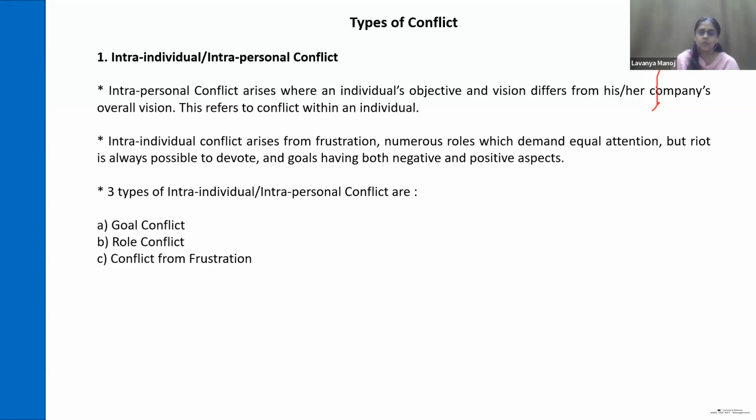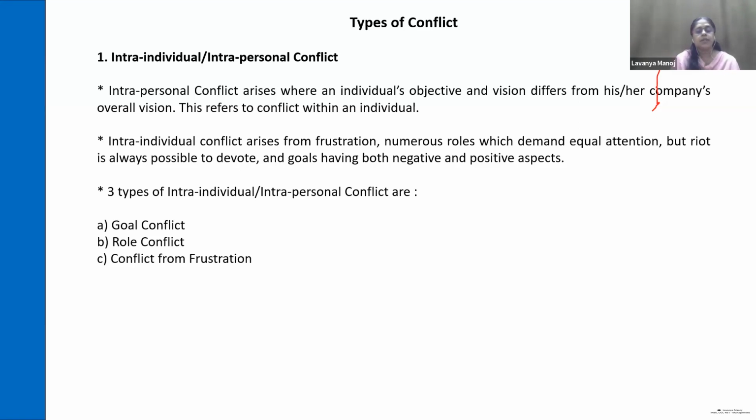The same thing applies between an individual and a group of people. If others are going one way, this person may have different attributes or a different work style, and it may differ. So they may make fun of him, or criticize him or her, saying that is not the way he or she has to work. So again, a conflict will arise. These types of conflicts are intrapersonal or intra-individual conflict.